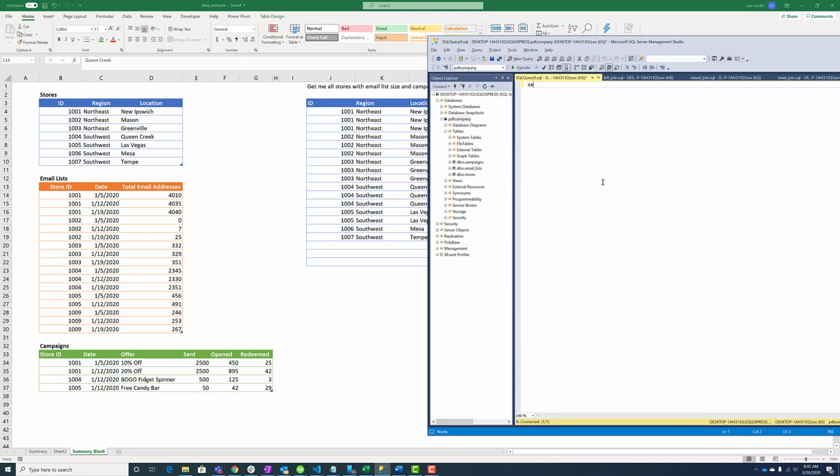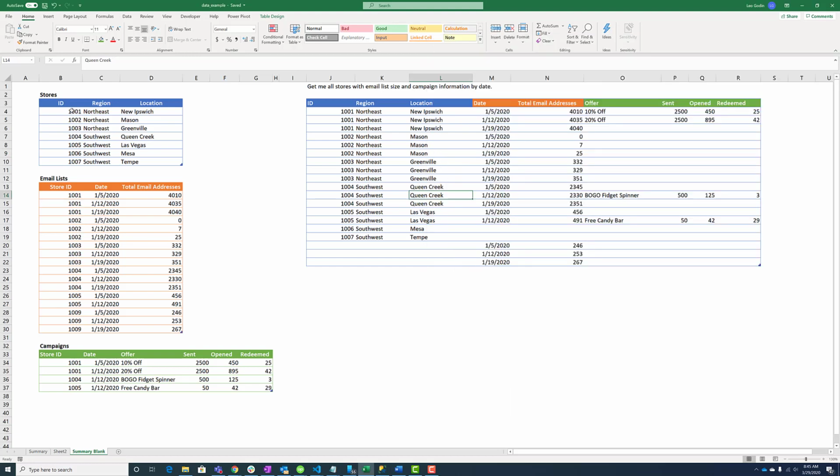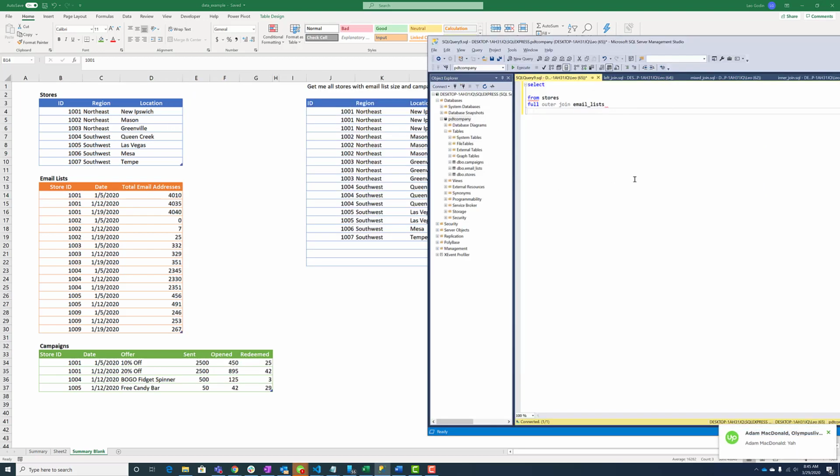All right, so you should be getting used to this. I'm going to select from stores, and I'm going to do a full outer join on email lists. Now I say we're returning all rows from all tables, but we still want our matching condition, our on statement, so that we know that, for instance, this row of data here matches this row of data. So we'll say on email list dot store ID equals stores dot ID,